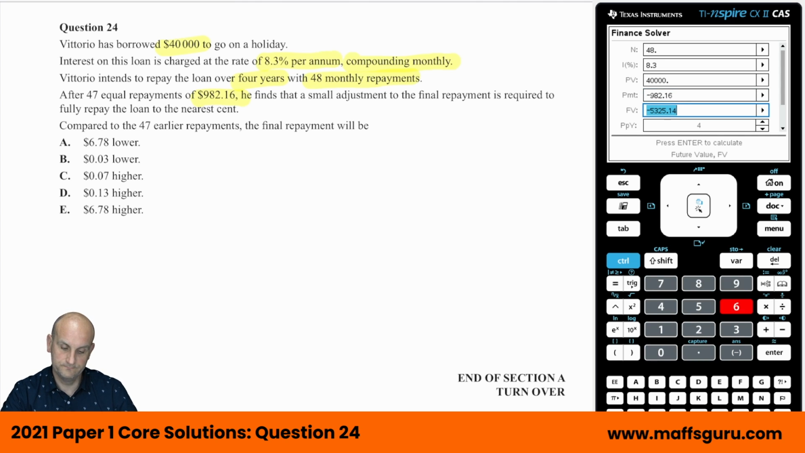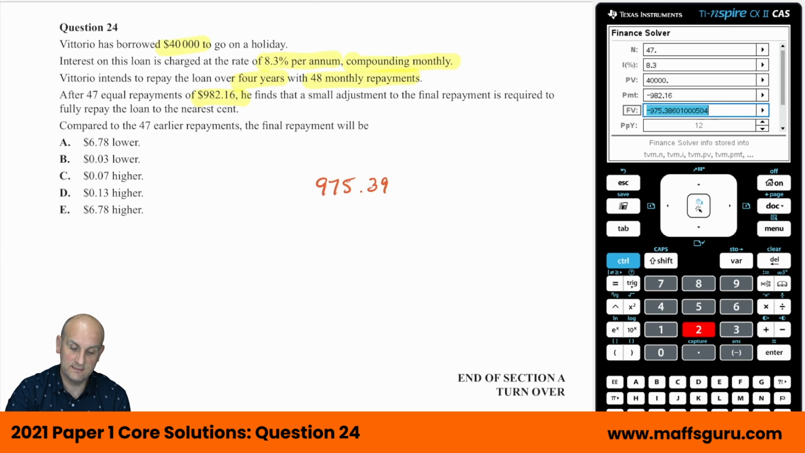982.16. Future value, I don't know, because we're going to work it out. Payments per year is going to be, so actually I'm going to change that to 47. And I'll explain why in a moment. Future value, we're going to try and work out. Payments per year, it's compounding monthly. So it's 12, there we go. So if I look at my future value, after 47 payments, he would still owe $975.39. Now the trick to the question here, I think, is that actually his final payment is going to attract